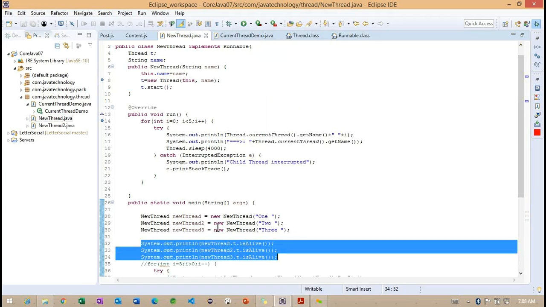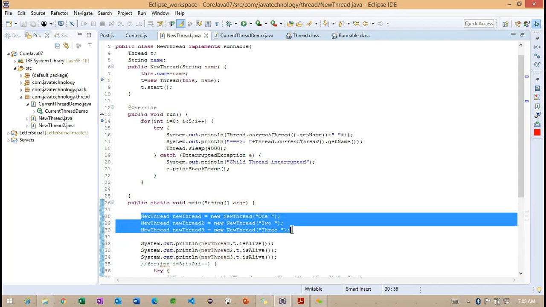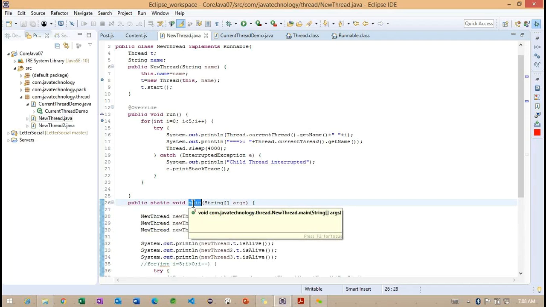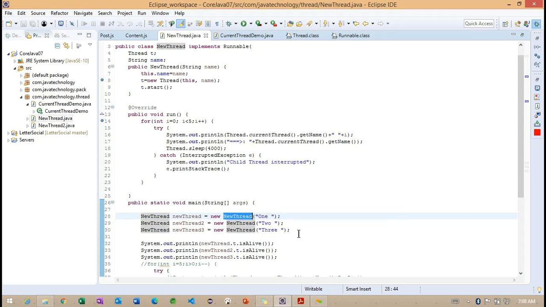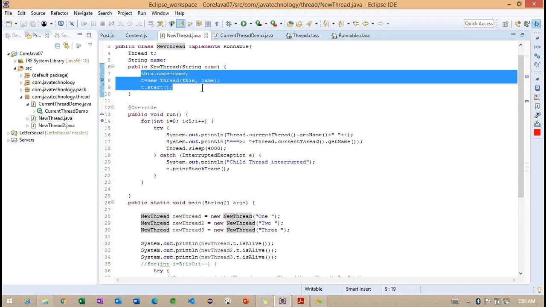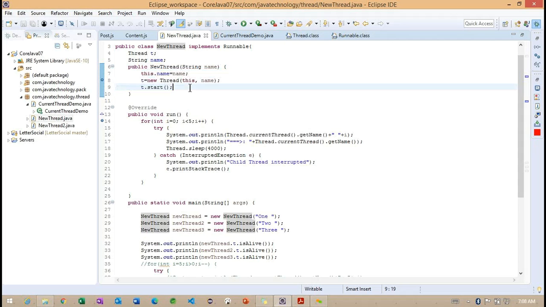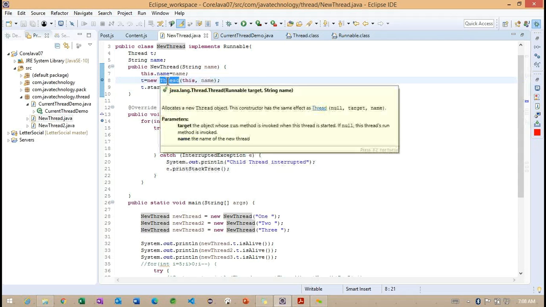Basically, what I want to explain here is what exactly is happening. These are the 3 sets we created, and these 3 sets are called by the main thread. The main thread is going to call the constructor of this particular class. Whenever this constructor is called, what happens internally? Observe carefully. Internally, one more thread is created here. How are we identifying it? We are creating a thread object here, so it's nothing but one thread being created internally.